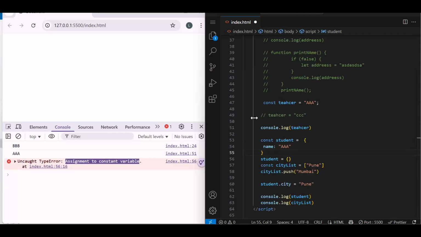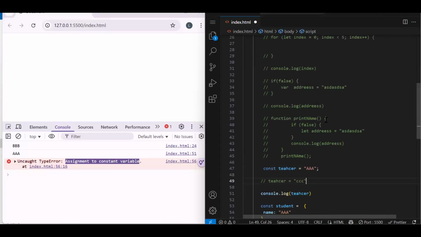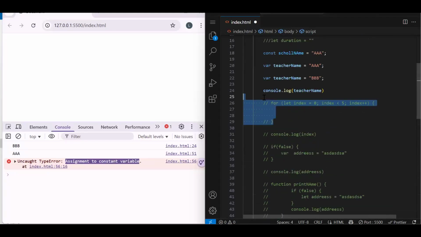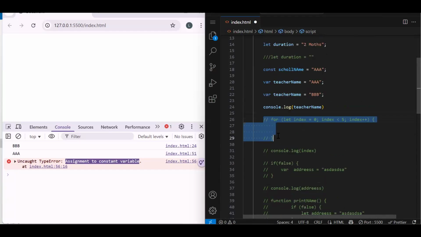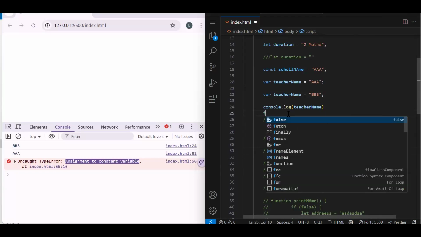Sir, in case of var, if we use a for loop with var inside the function, can we access it after the function? No. See, this I forgot. We say var has a function or a global scope, correct? If we have this var for loop over here, by default we are able to access it. But if we wrap this inside a function,